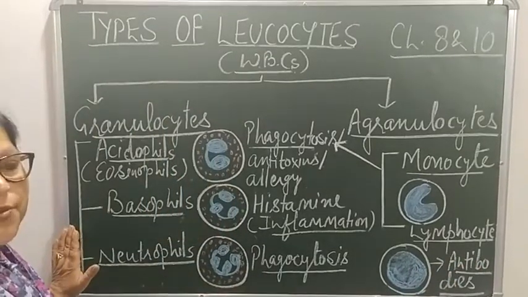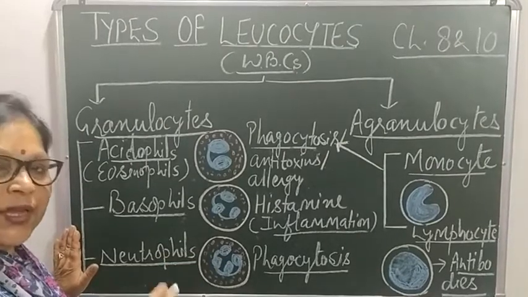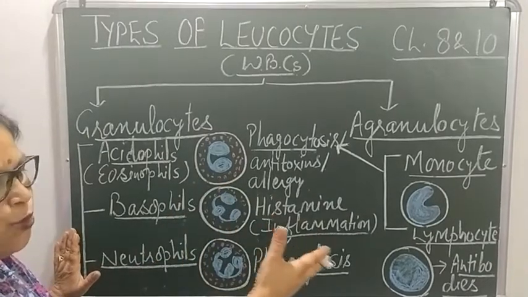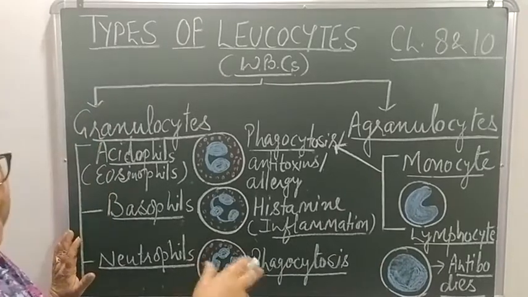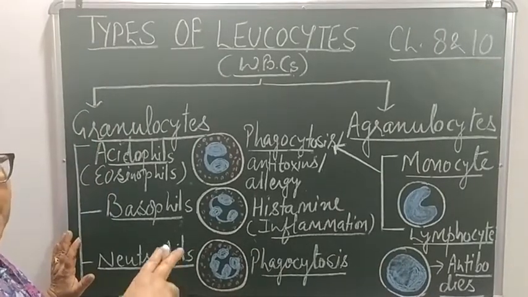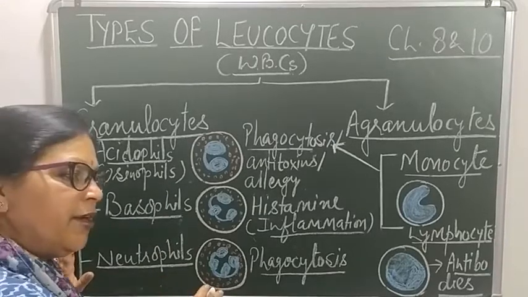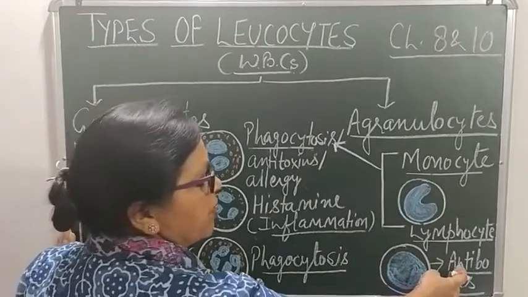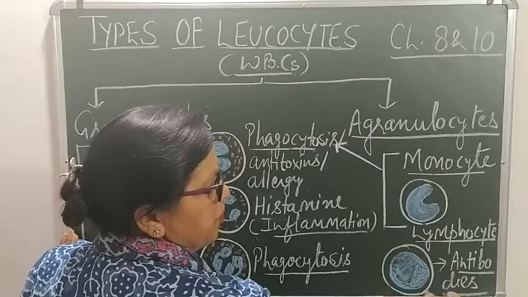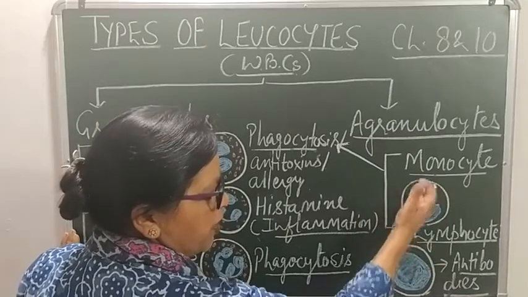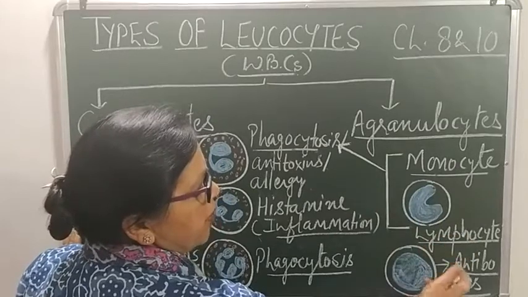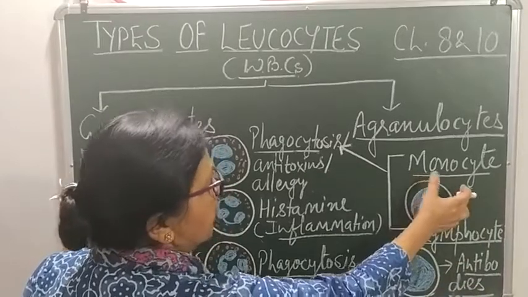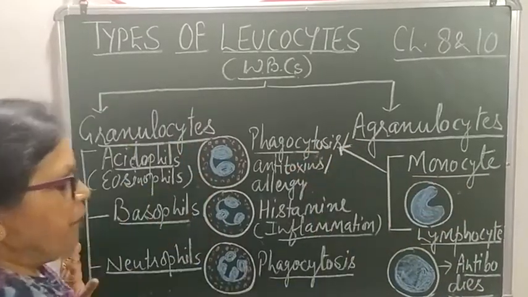These antibodies sometimes live for many years. They stay in the blood for many years, and in case there is an attack of the germs whose antibodies have been formed in the blood by WBCs, these antibodies will easily identify the germs and protect the body by fighting them. So these antibodies make germs less effective. So there are two types of agranulocyte: monocyte, with a kidney-shaped nucleus, and lymphocyte, with a large nucleus, which produces antibodies. Monocyte will be eating germs by the process of phagocytosis.